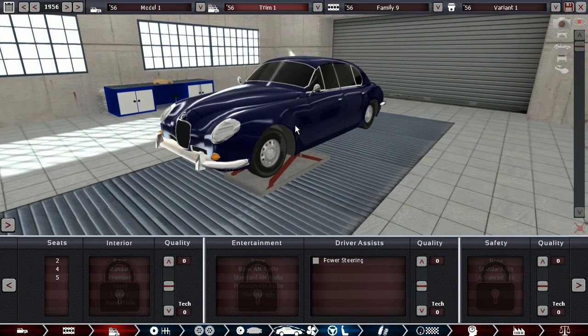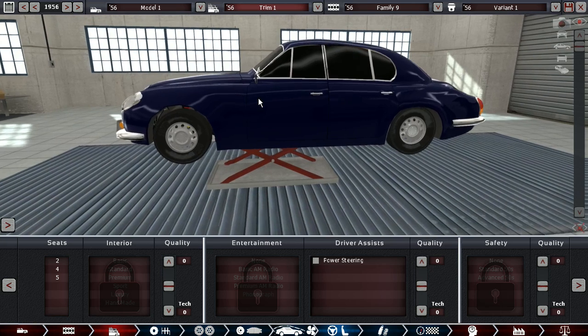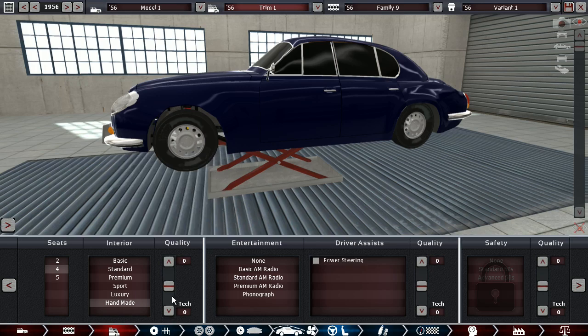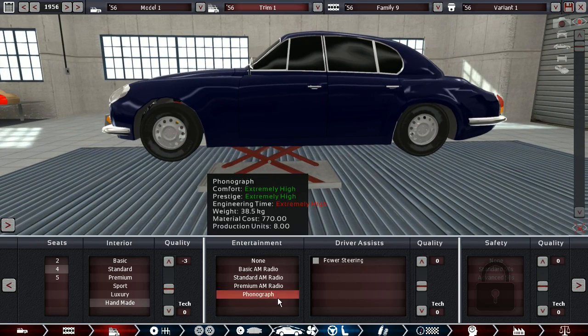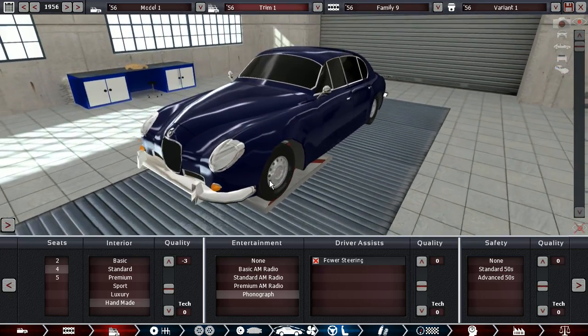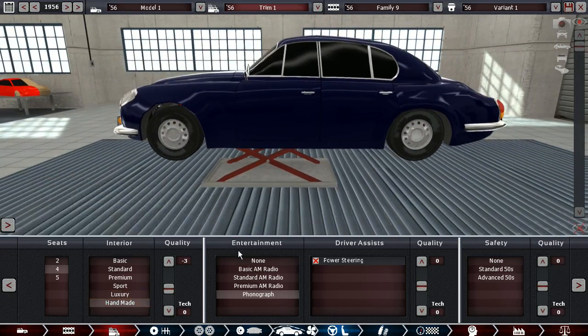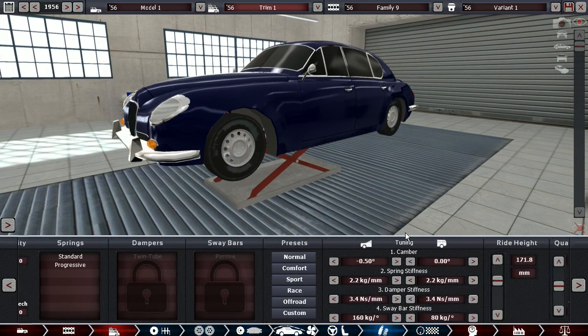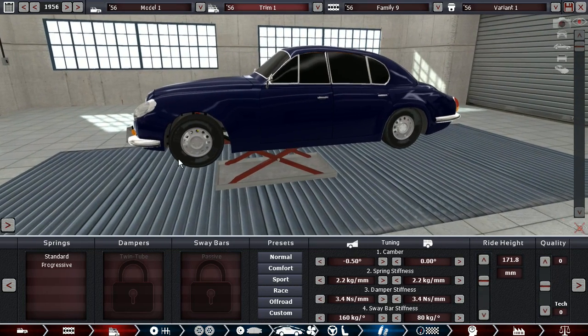So overall, since this is a luxury car, it is going to be fitted with, you see that handmade interior in the game always means top quality handmade interior, and I don't think we can, as a startup company, really afford that. We could go for handmade with just a little bit of negative quality, because we're just starting out and don't have enough workers yet to ensure maximum possible quality, but it is still gonna be standing out. It is still gonna be unique, and standard 50 safety for now, not that advanced would really make it that much safer, I guess, but